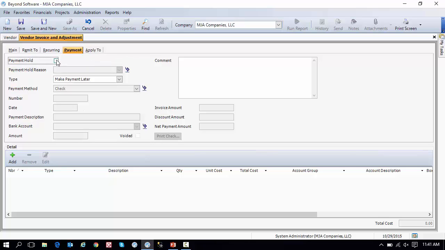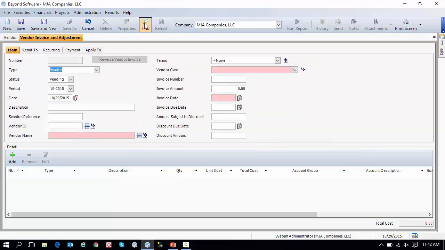If you want to put the document on payment hold because maybe the vendor is not approved, this way this invoice is going to be flagged as such until someone comes along and releases that. You can make some comments about what it is we're doing. You could even pay the document right away. If you're going to hand write a check to them, you can enter that information here. Or if you need to print a check for them, you can enter the amount, save, and print the check directly from this. If I select an existing one,